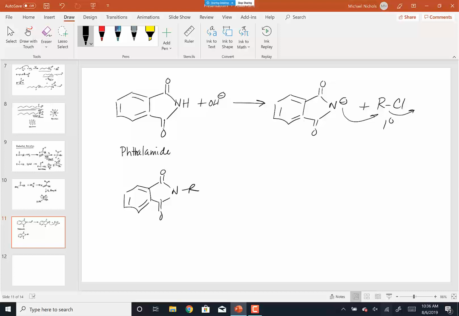and putting that R group on the nitrogen. And there's no issue here about a positive charge on the nitrogen because I used an N- to do this reaction. And this nitrogen, for a number of reasons, which I'll get into when we talk about amides, is actually not very basic in terms of wanting to pick up the proton, so I don't have the water solubility issue. So I put my alkyl group on there, and now what I have to do is